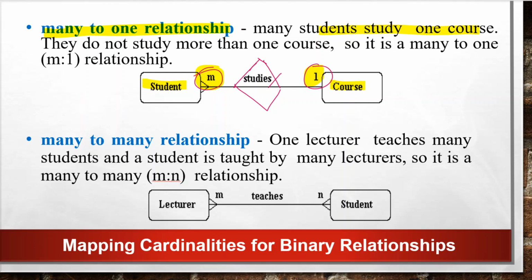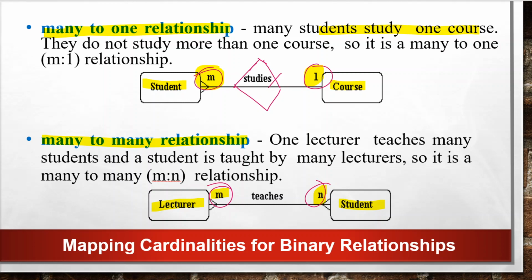Next type of relationship we have is the many to many relationship. Here many lecturers are teaching multiple students. Since we have many on both sides, we cannot write the same number on both ends. So cardinality is represented as m on one end, and we use n on the other end. We can also use n on either side and m on the other side. This is your choice. But for representing many, we cannot use the same number.